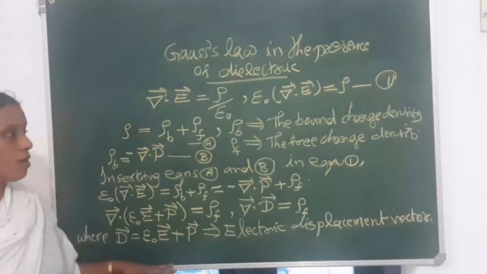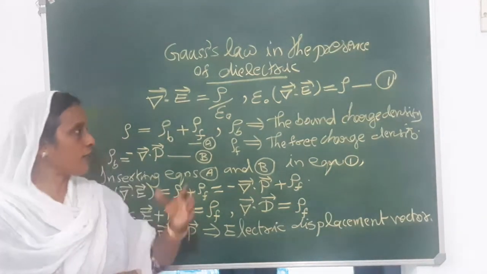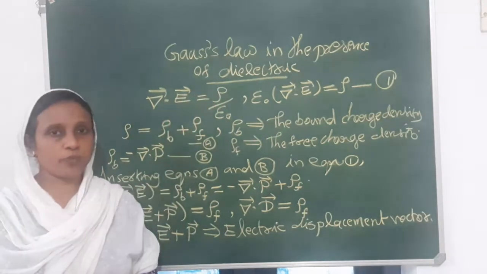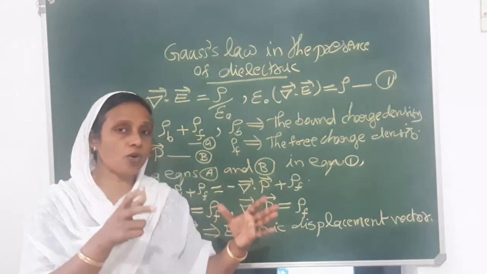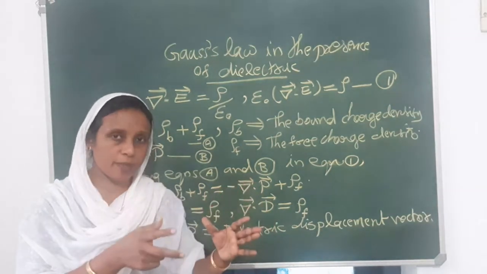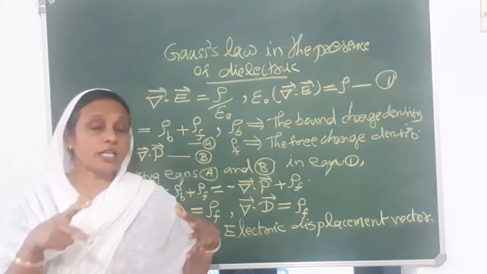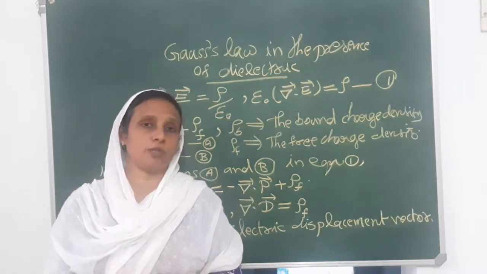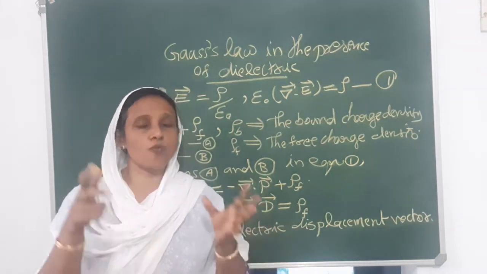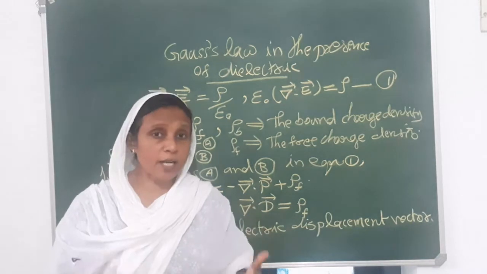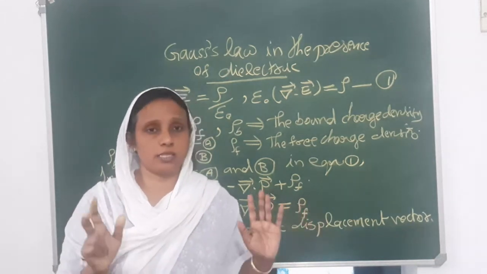So here you can see that in the case of dielectric, we can restate this Gauss law. We already learned about Gauss law. There we see that the divergence of electric field is given by the charge density by epsilon 0. But now we write this charge density as two terms. The charge density of bound charges and the charge density of free charges. We learned about bound charges. When a material gets polarized, there is bound charge.